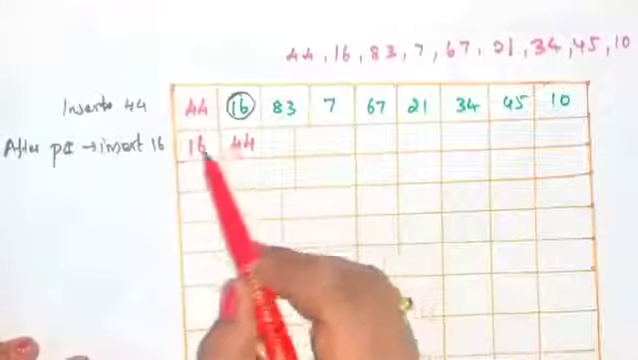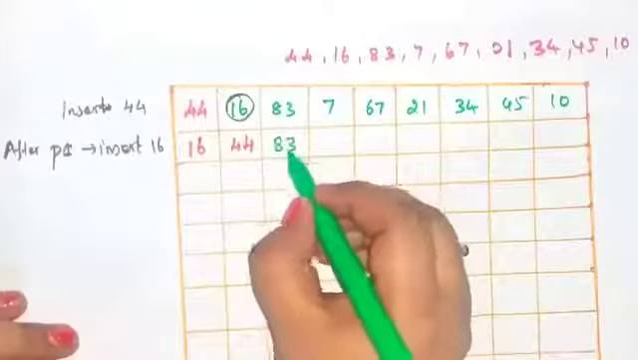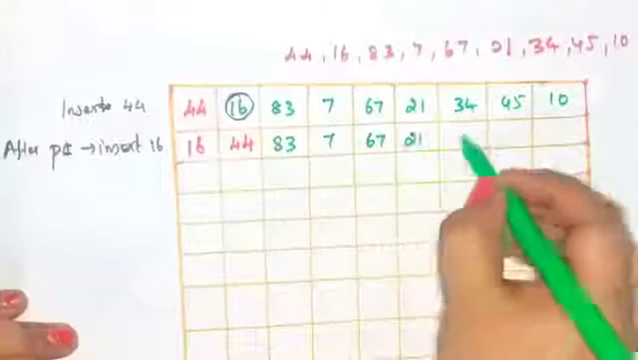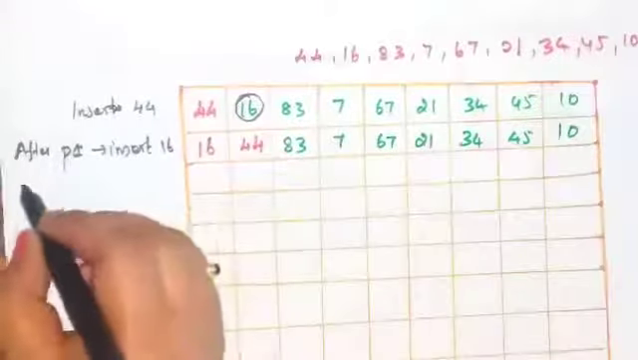So now these are the sorted elements and the remaining elements are unsorted. Okay. This is pass 2. After pass 2,